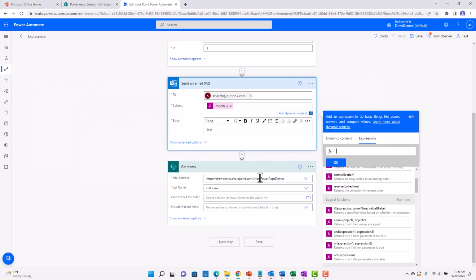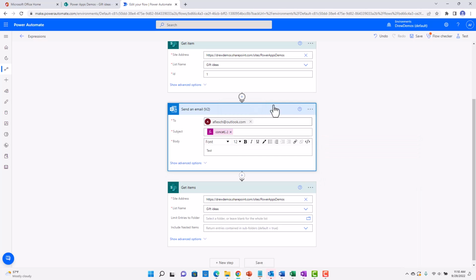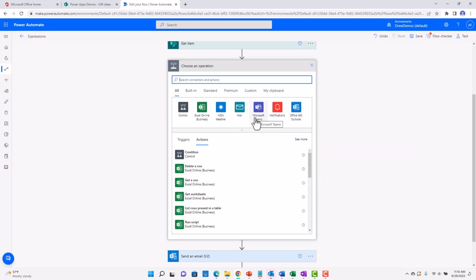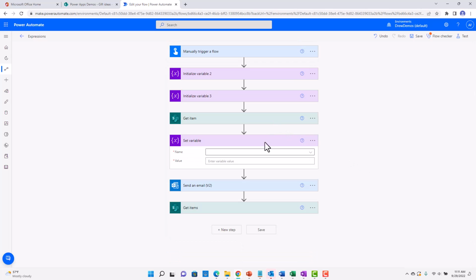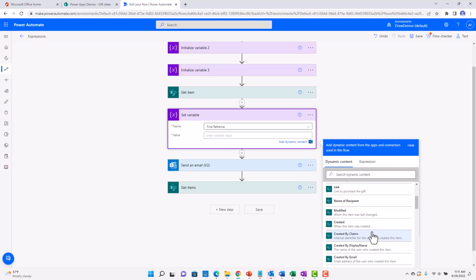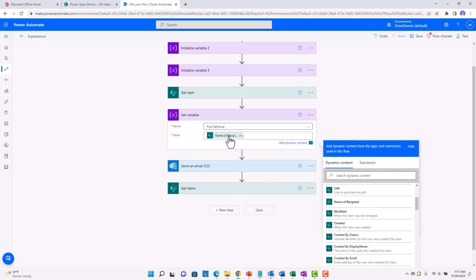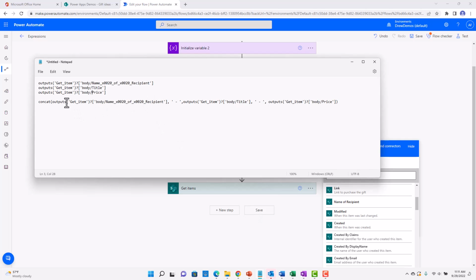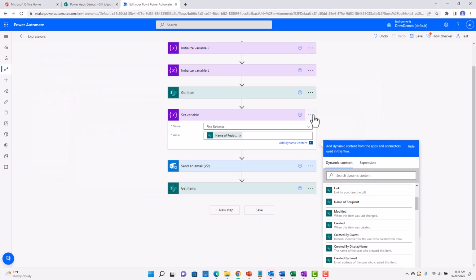But one of the things I just want to mention is if there was a need for you to find out what the syntax is for a piece of data, you can use a little trick here, and that's you can initialize a variable, and you can call that variable whatever you want. In my case, I called it find reference. And then if you click in, you get your dynamic content here. You can put that in. And then if you hover over that, it's going to show you the syntax for that piece of data. So that's another way where you could copy this. You can put it in Notepad, and then you could work with it that way. So I'm going to go ahead and